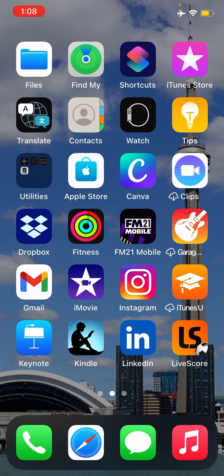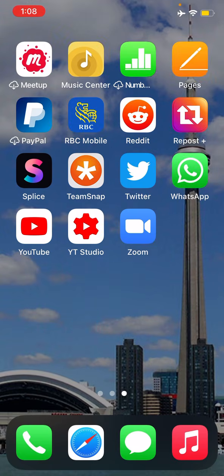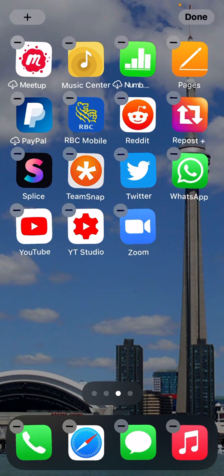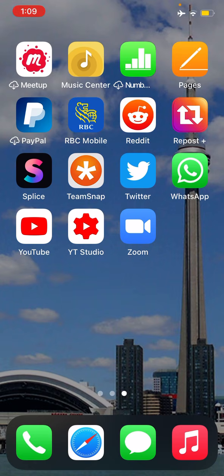Now do I have Splice? Let's take a look. As you can see, it completely changed up my whole format, but my Splice app is back. It's right here. So now all I have to do is rearrange my apps, organize it how I like, but at least after I hide it,